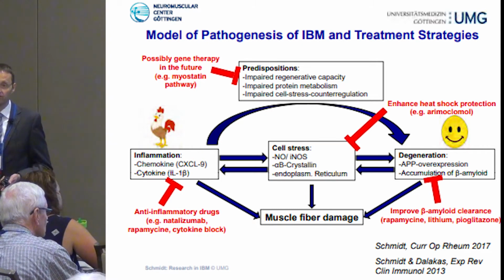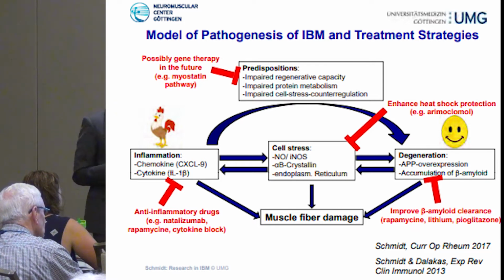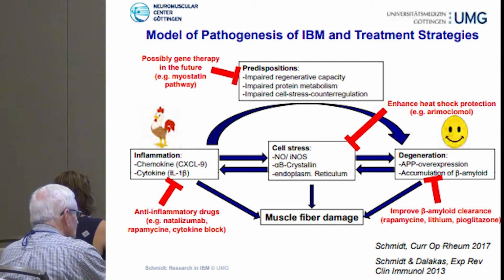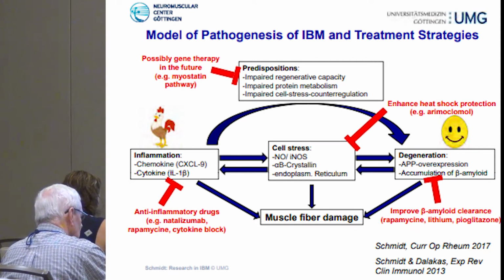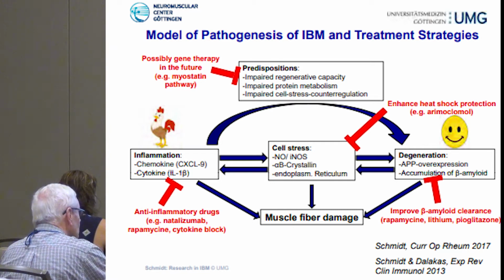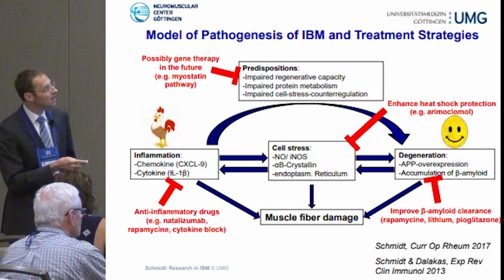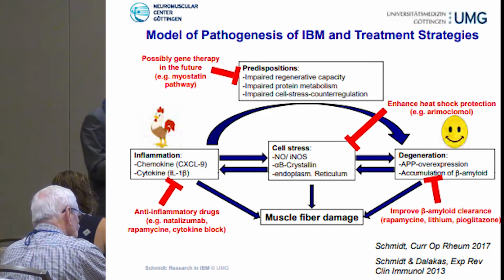And possibly, for the very far future, I think in myositis we have to say, we might be able to do the gene correction treatment. All of you are aware of the bimagrumab trial, and I will just mention it later on with one sentence. But there has been the follistatin trial, and also this will be mentioned. But there may be other genes which we may be able to correct in the future, because in the world